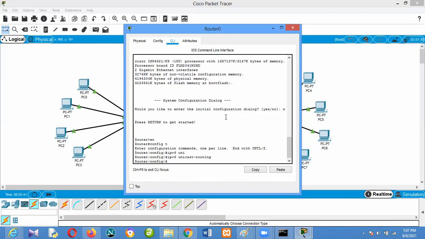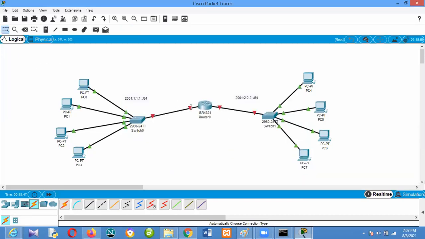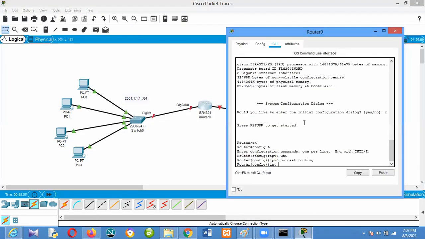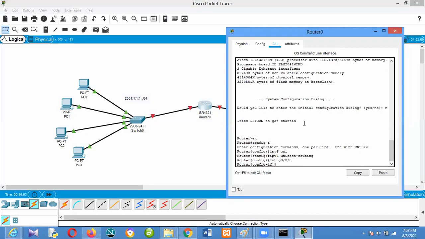So I'm enabling this router for IP version 6. So my interface is G0/0, and then ipv6